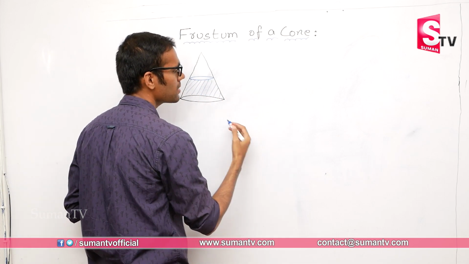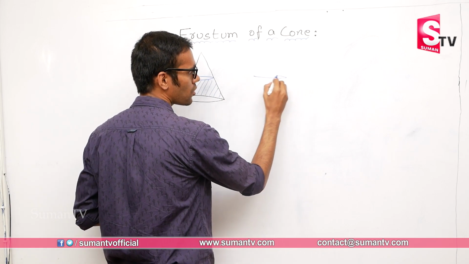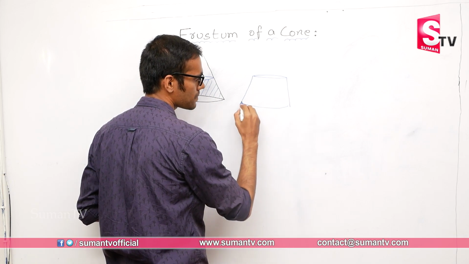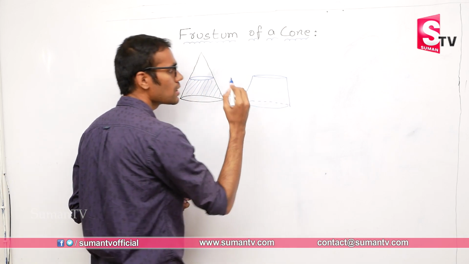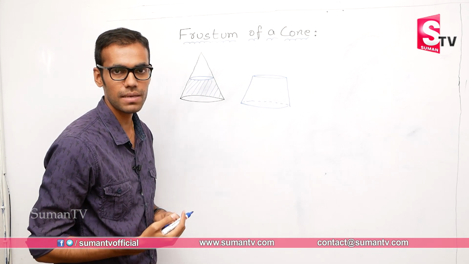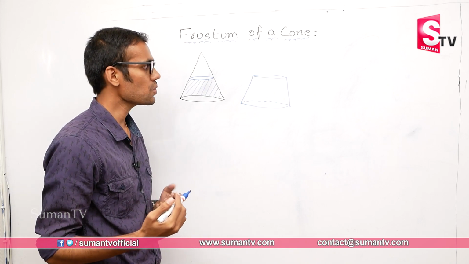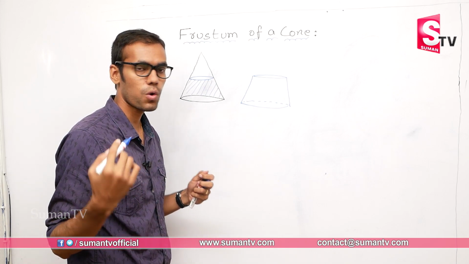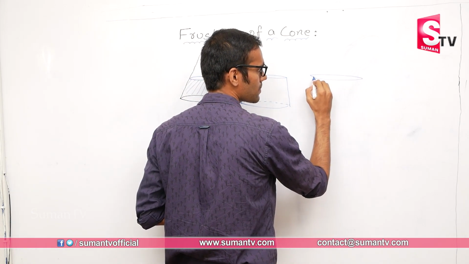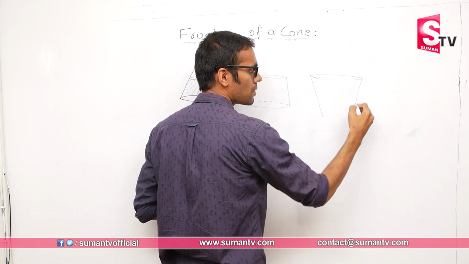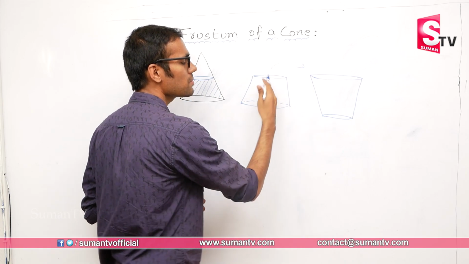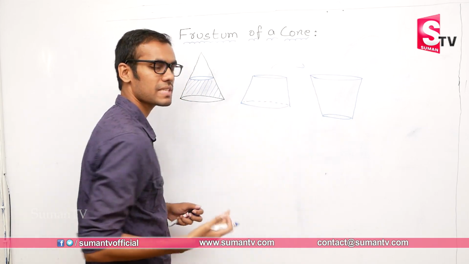Now if I draw it separately, how would I get it? If I draw this part of the cone separately, I will be getting a shape which is in this way. So this is called as frustum of the cone. Now, where have you seen these kind of shapes in your real life? Exactly. So the buckets that you use at your home, but they are of inverted shapes. So this is a bucket, which is the inverted shape of the frustum. So you call both the shapes as frustum only.